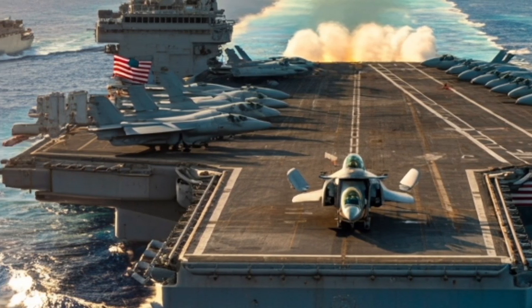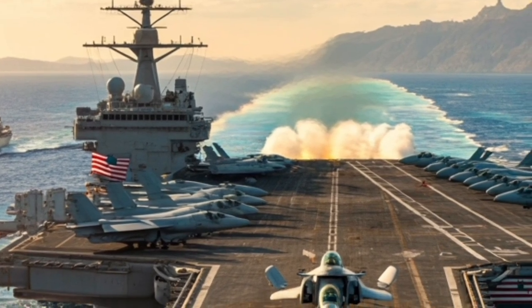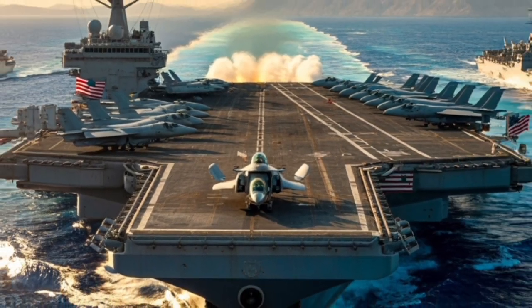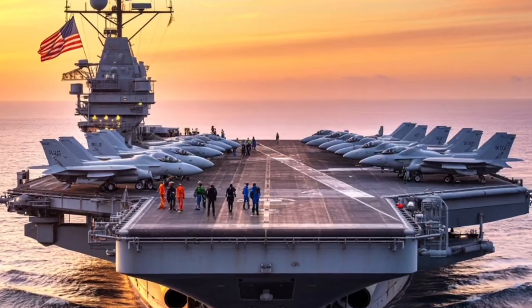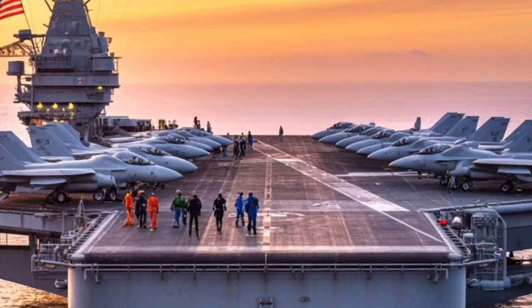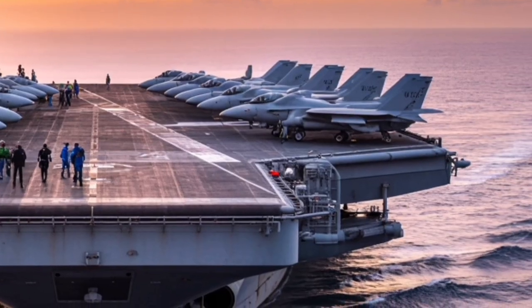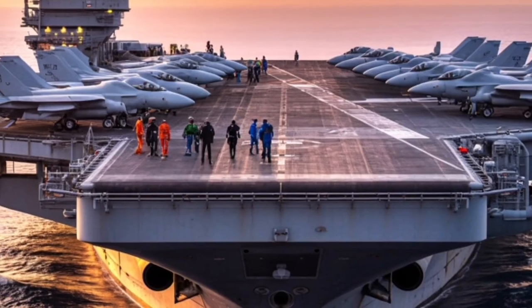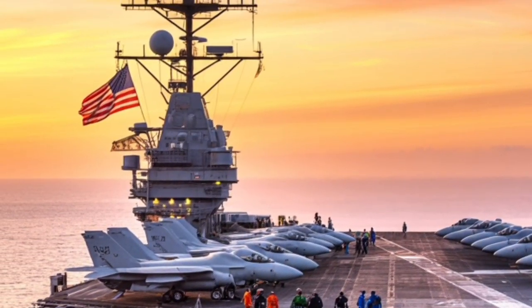complex, high-tempo environment. The design of the deck, featuring an angled configuration, allows aircraft to take off and land at the same time, which is essential during combat operations or intensive training exercises. This setup, along with powerful catapults and arresting systems, ensures that aircraft can launch quickly and recover safely without interrupting the flow of operations, a critical feature for a vessel whose primary function is to project air power across vast